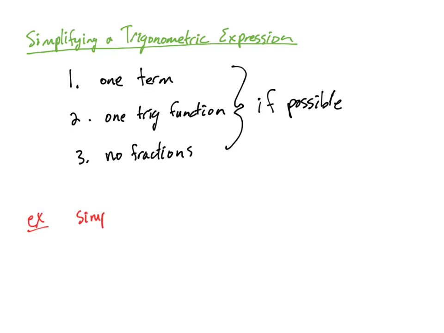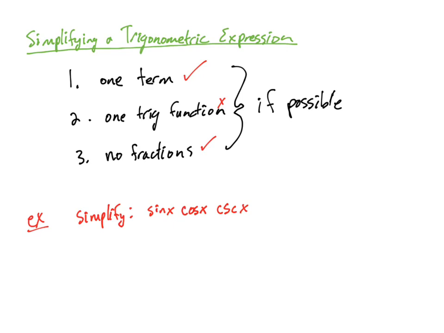We want to simplify the expression sine of x times cosine of x times cosecant of x. When we look at this expression, we can see that it is one term, so we're good there. We don't have a trig function, so we fail on that, but we do not have any fractions. So is there any way we can write these three different trig functions, sine, cosine, and cosecant, in terms of